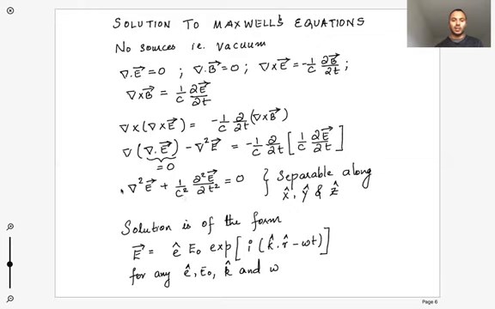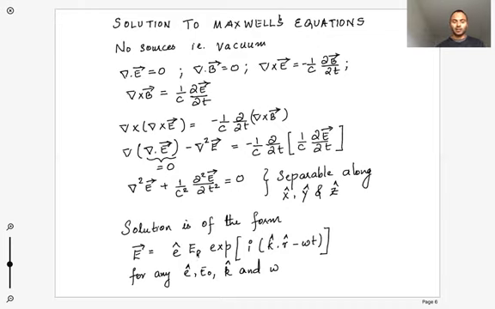So this is basically called the wave equation, the solution to the equation. I mean, there are many forms of solution. One form of the solution is in terms of complex exponentials. So here is one solution. So E is equal to a unit vector. Okay, it doesn't matter in which direction it is. It's a unit vector times a